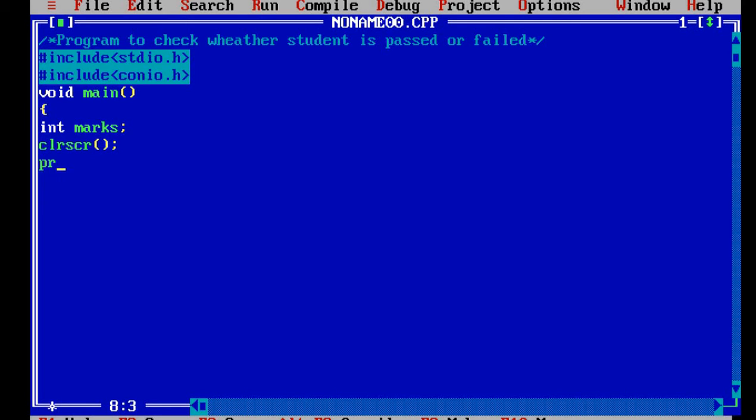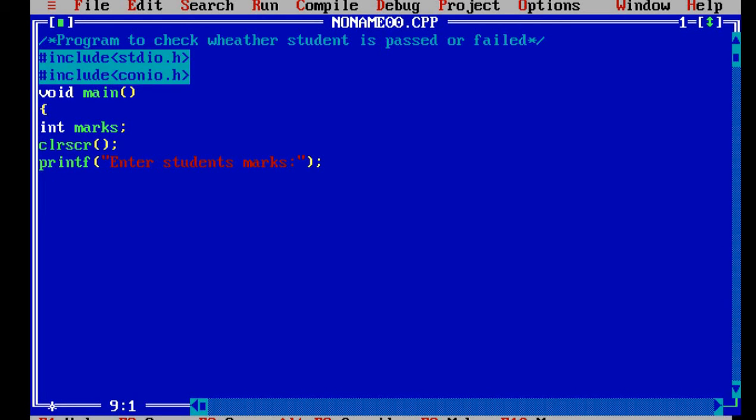Then give the printf statement for entering the marks: "Enter student's marks:", close the double quote and bracket. I want to take the value from the user, so I need to include the scanf statement, which is called runtime initialization.